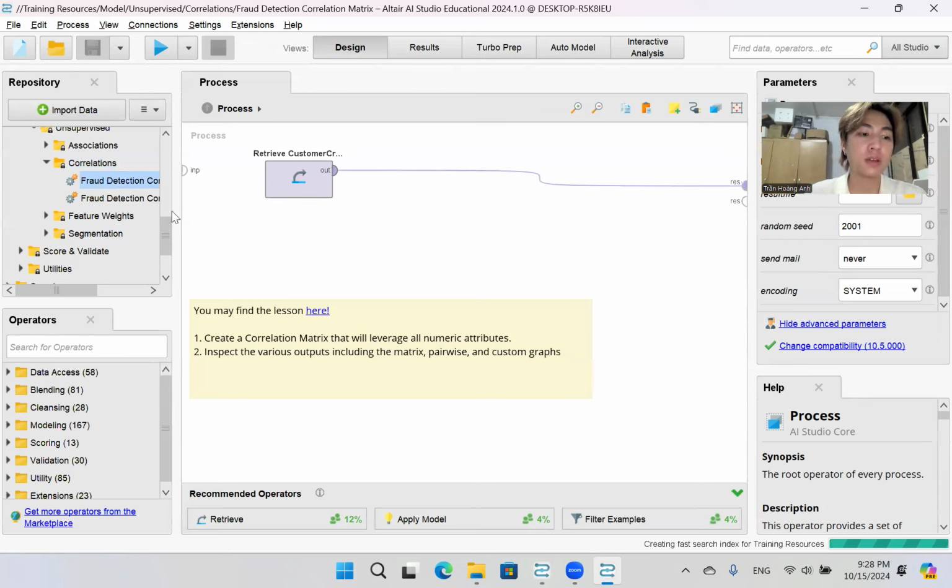So here we use RapidMiner to inspect correlation between our attributes. To follow along, you will need to access the detect correlation matrix process. So after I take an example,